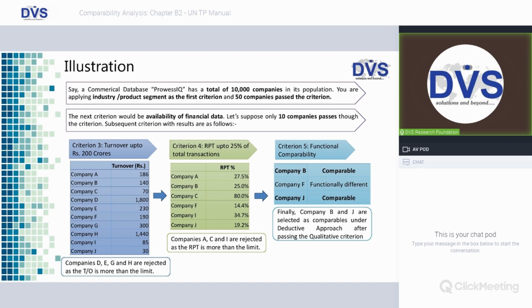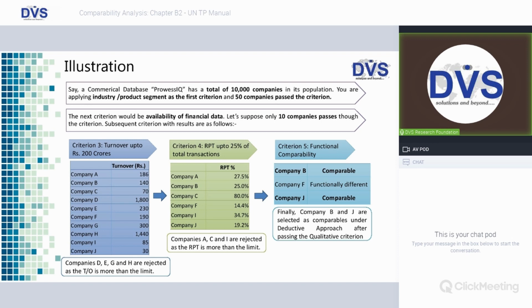Friends, please note here, our company is doing, say, a software development transaction with the associated enterprise. There may be instances where the comparable company would be into software development along with software technical consultancy. They may be into ITES. So in such a scenario, we need to see where the major part of the revenue comes from for the comparable companies. If say software development is only 10% and the 90% is from the consultancy as well as the ITES service, then we can reject.